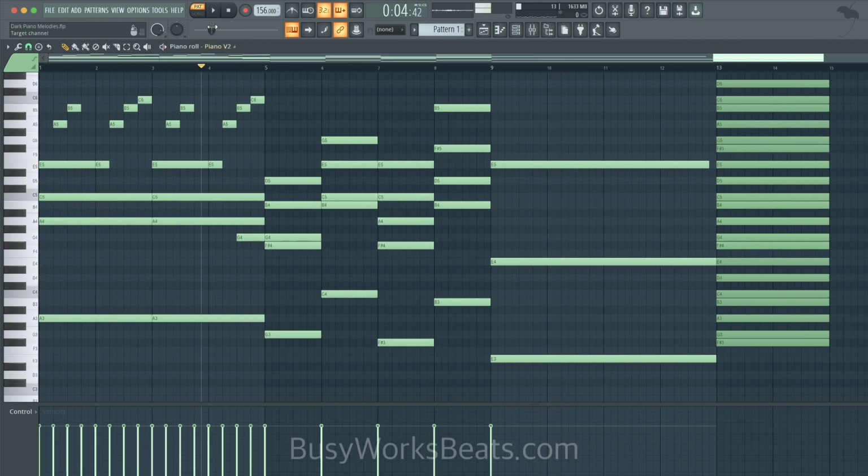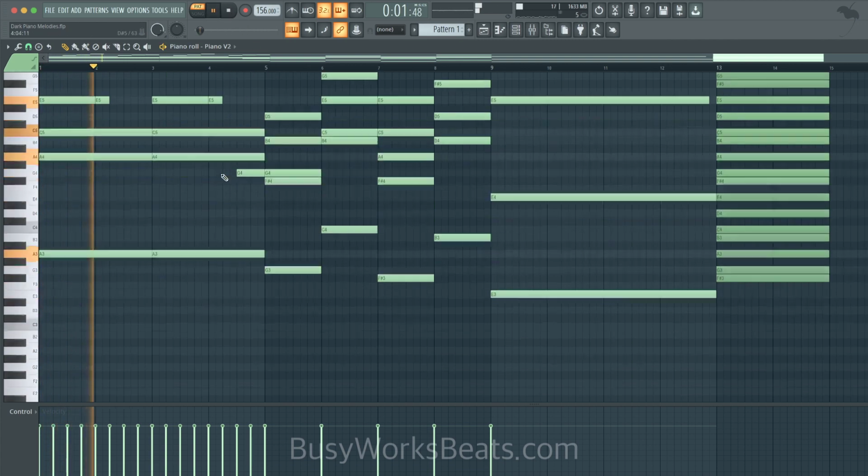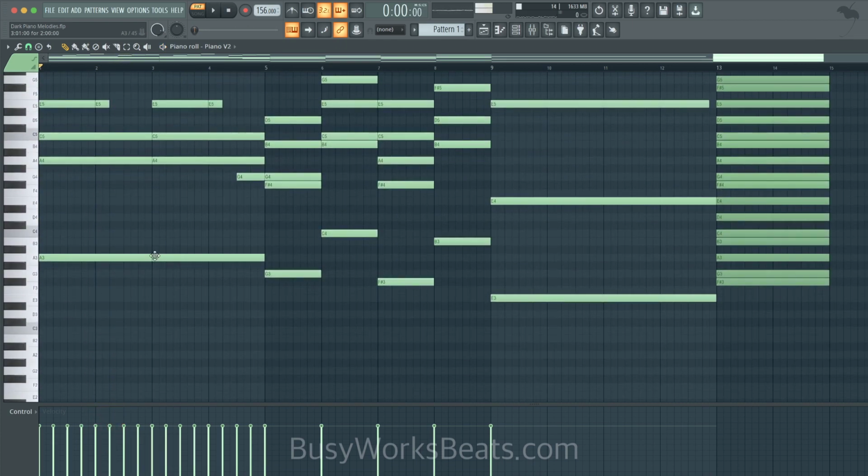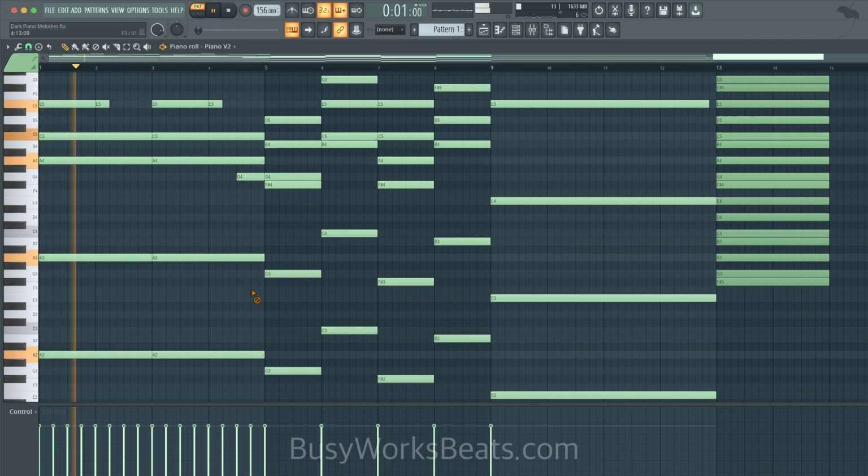Okay, I feel like that's a more full sound. It still has a dark sound, even though we're using those seventh chords, but it still doesn't sound overly jazzy. So now what I'm going to do is thicken up this bass. So we're going to take all these notes, the bottom notes, I think. Yeah, grab these, hit shift, duplicate those, hit control down, and now just fill that out.